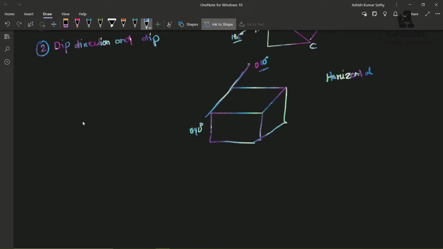तो कहाँ पे ये स्ट्राइक डीप डायरेक्शन ये सब आता है, जब एक सरफेस इंक्लाइंड हो, ठीक है, जब यहाँ पे ऐसे कुछ सरफेस इंक्लाइंड हो। तो अगर कुछ इंक्लाइंड नहीं है तो उसको बोल देंगे कि वो एक हॉरिजॉन्टल सरफेस है, उसमें स्ट्राइक और डीप की कोई जरूरत ही नहीं है, ठीक है। तो हम इसलिए डीप और स्ट्राइक की हेल्प लेते हैं, क्योंकि आपको दूसरे साइंटिस्ट को समझाना है कि इसका ओरिएंटेशन ऐसा है। जैसे कि मैंने यहाँ पे बोल दिया कि इसका स्ट्राइक डायरेक्शन ये हो गया नॉर्थ, इसका साउथ, तो अगर कोई आएगा तो उसको ये वाला एक है, ठीक है।